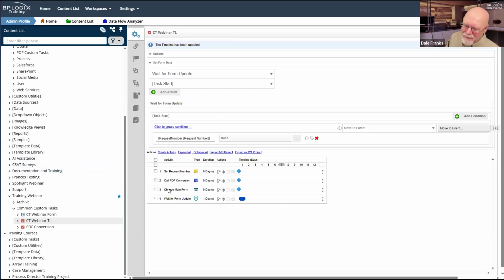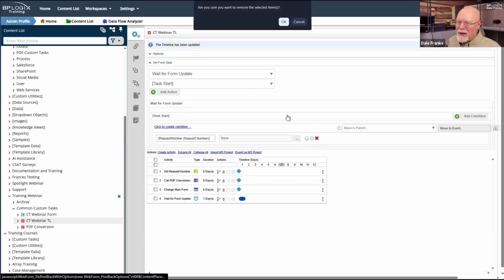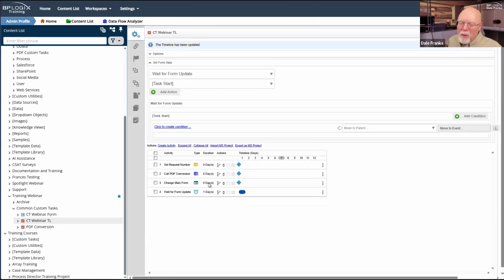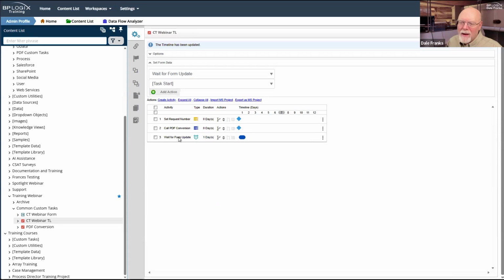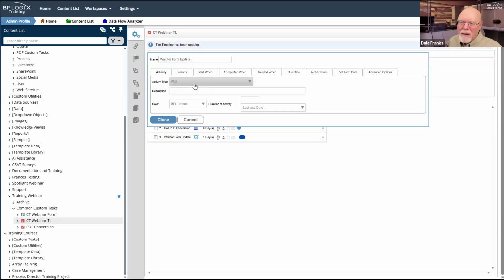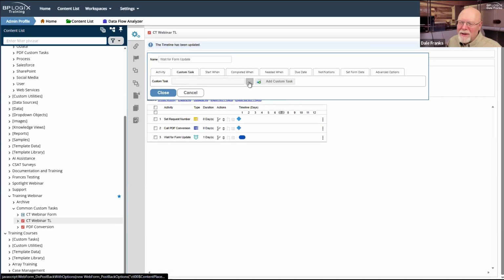Having said that, now I have to do all of this stuff in the process timeline. So this may be one of those other cases where rather than jumping through these hoops just so that I can configure this specific set form data, maybe it would be better if I remove that activity and in this form update, maybe it would just be better to configure the custom task.